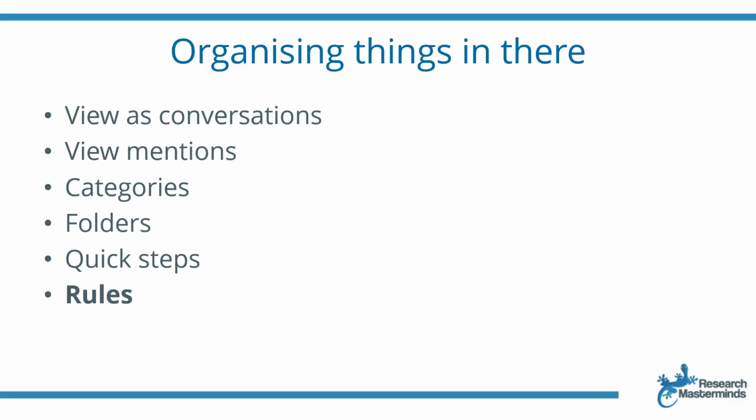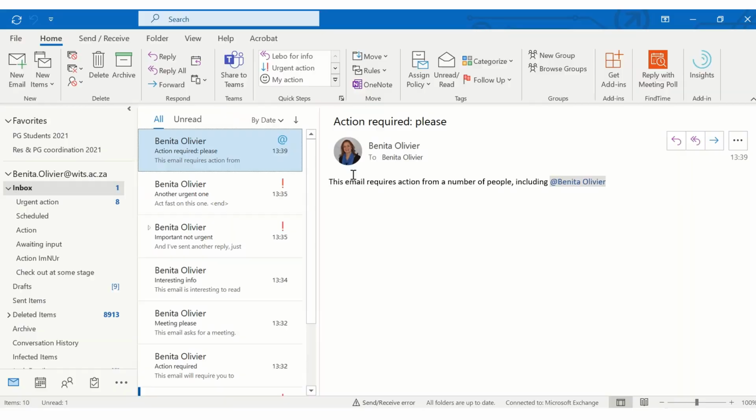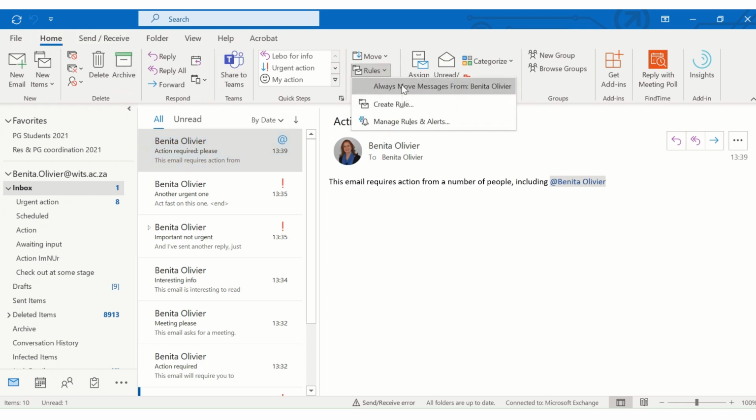Now let me show you how creating rules can make your life easier. Let's say this specific email comes from a sender and it's a newsletter which you enjoy reading, and you really want to read this newsletter at some stage, but you want it to be moved to a specific folder immediately as it enters your inbox. For this, you can create a rule. You can go to the Home tab, Rules, Create Rule,